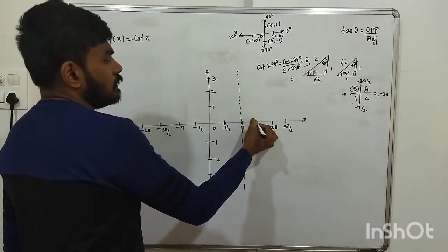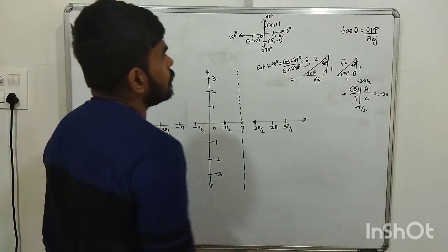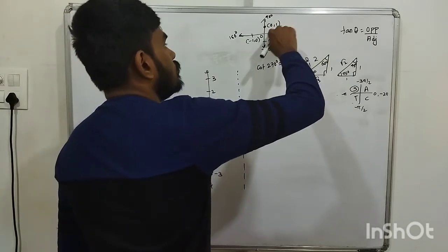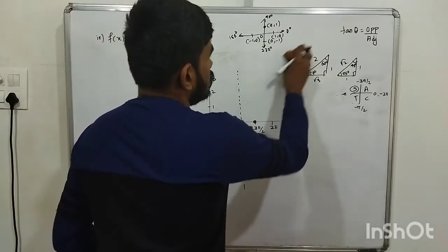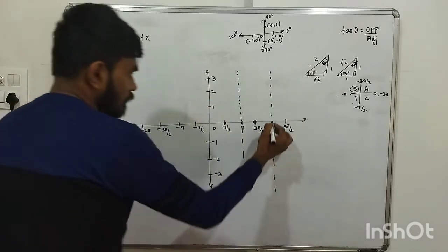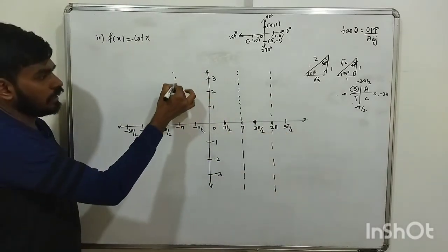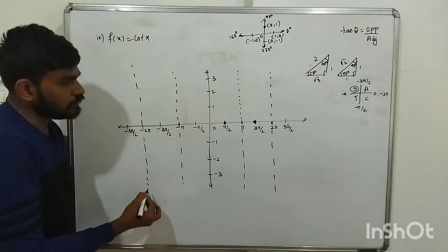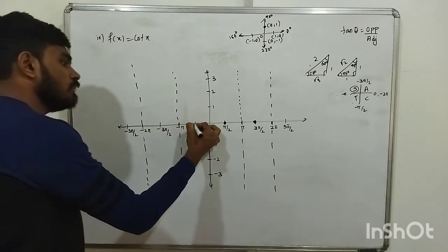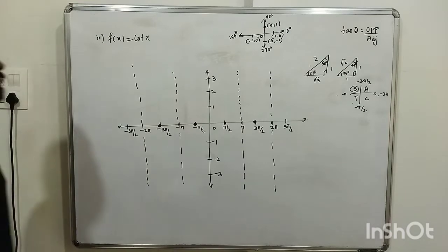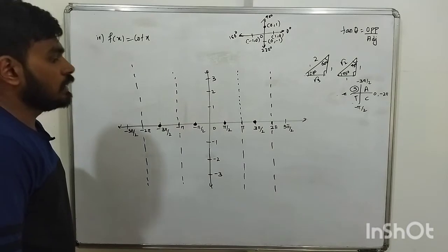So this is 0 here, and here again cot of 2 pi. 2 pi is here obviously. So cos 2 pi is 1, sin 2 pi is 0. So 1 upon 0 is infinity. So here also it will have infinity. If you observe properly now, for multiples of pi there is no value of cot, or the value of cot is infinity for multiples of pi. And in between what will happen? From 0 to pi by 2 we'll understand, and then we'll come to know the remaining easily.